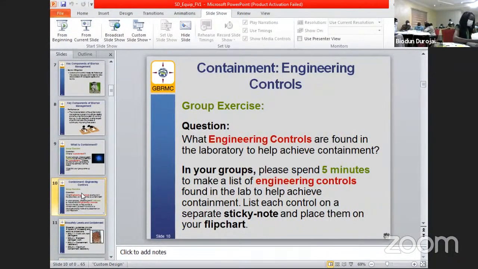What about the structures of the lab? Like in the molecular lab, you can see the general lab, we will not say bacteria, and also